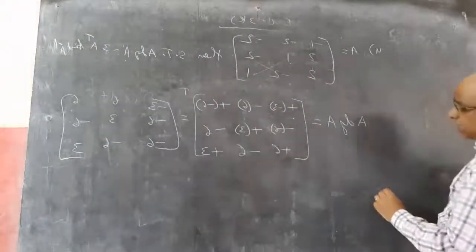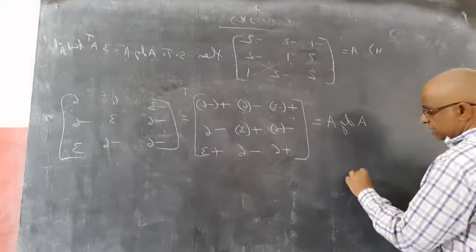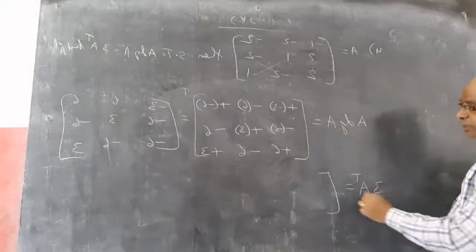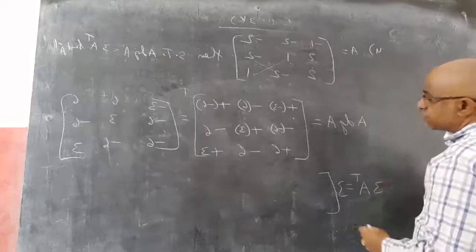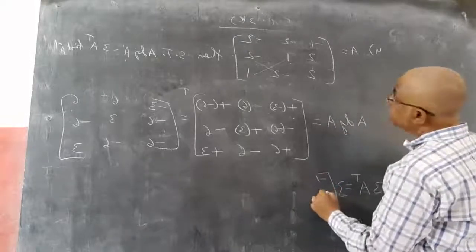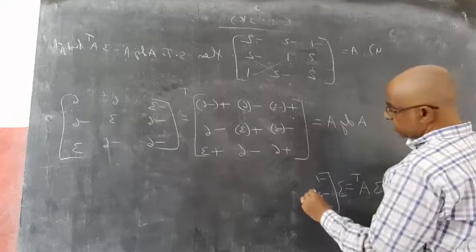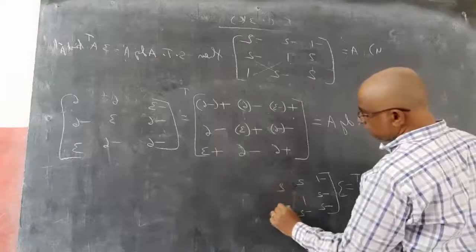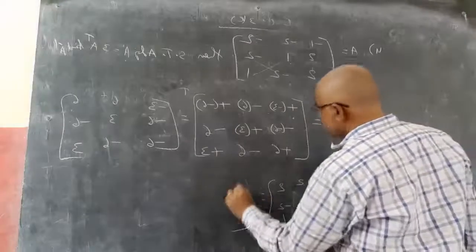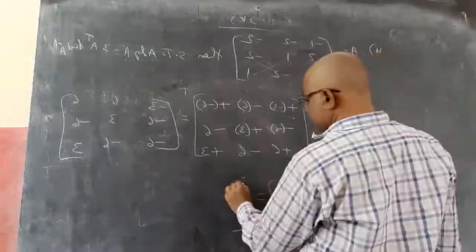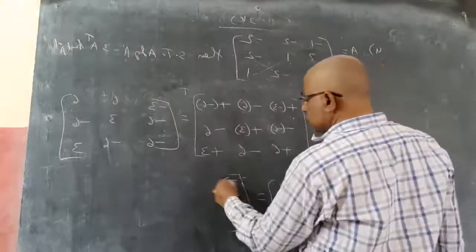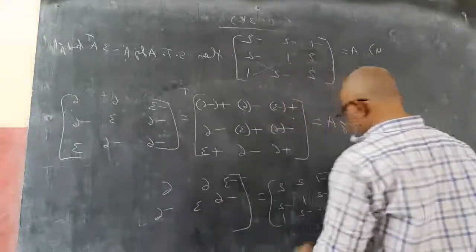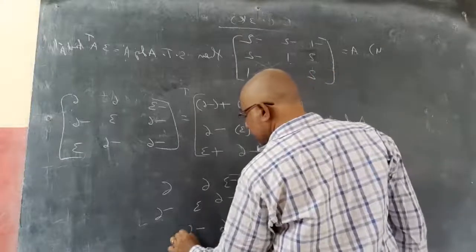Now I need A transpose and 3 times of it. First I will find A transpose, means changing the rows into columns. So 3 times A transpose: this becomes minus 1, minus 2, minus 2, and that is 2, 1, minus 2. And this is 2, minus 2, 1. Then multiplying with 3 gives you minus 6, minus 3, 6, 6. This is minus 6, 3, minus 6, and this is minus 6, minus 6, 3.